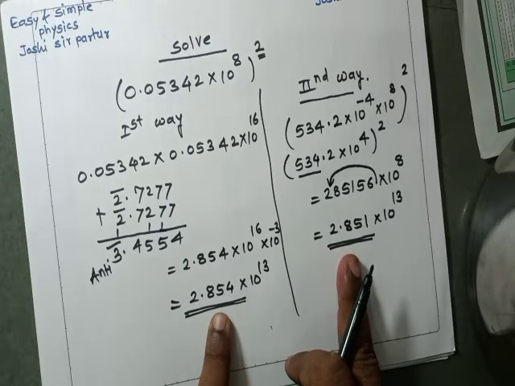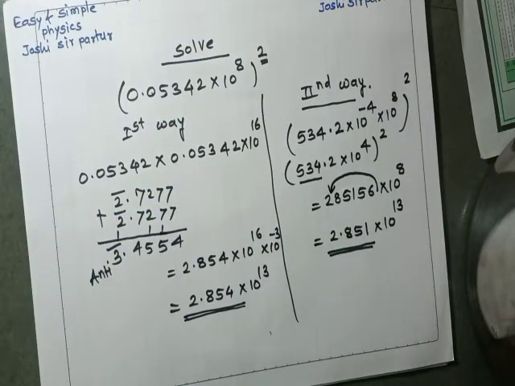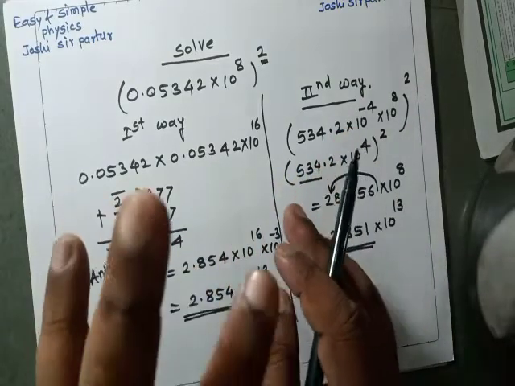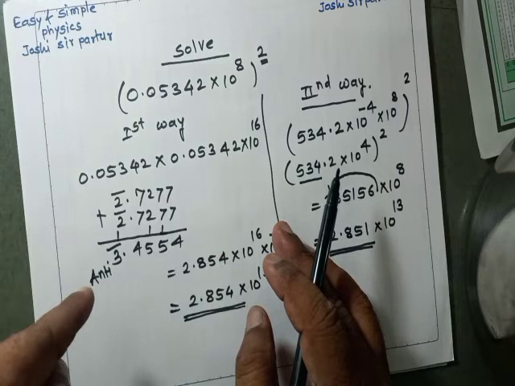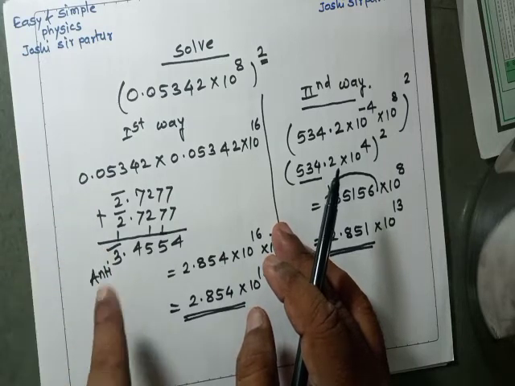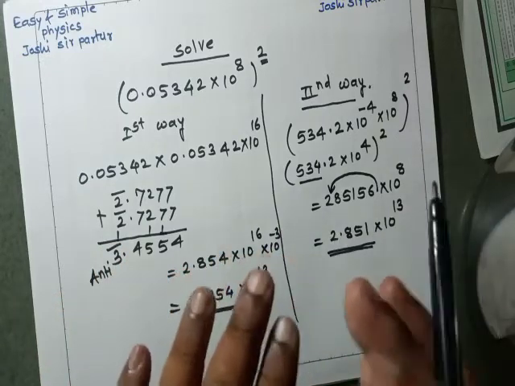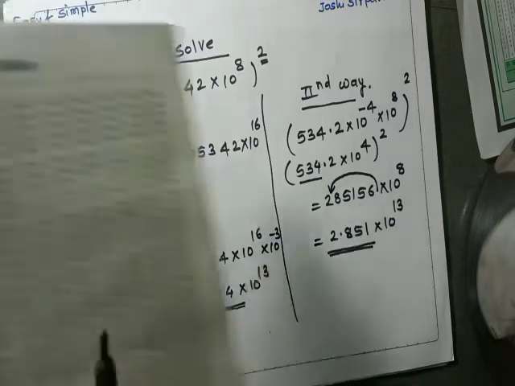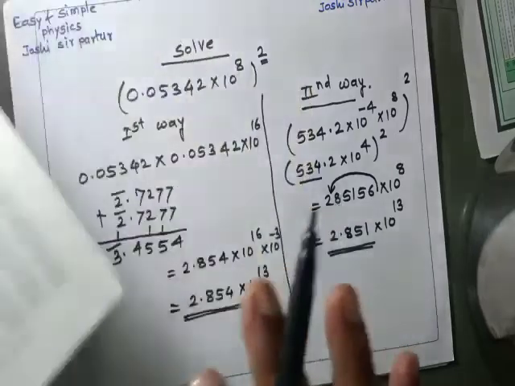Means whenever in a calculation square is given, then we can use the square in two ways. But whenever in a calculation cube is there, then in the first way the number will be multiplied 3 times. Then we see logarithm, add them, take the anti-logarithm, and then we can find the answer. But in cube, there is no option for seeing the cube. We can see only the squares.